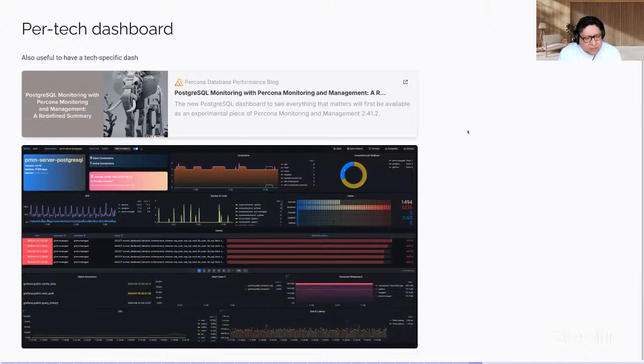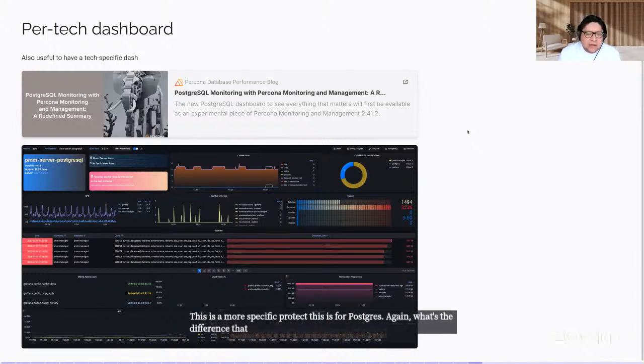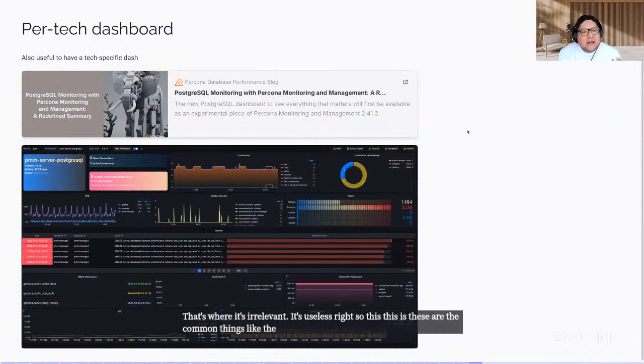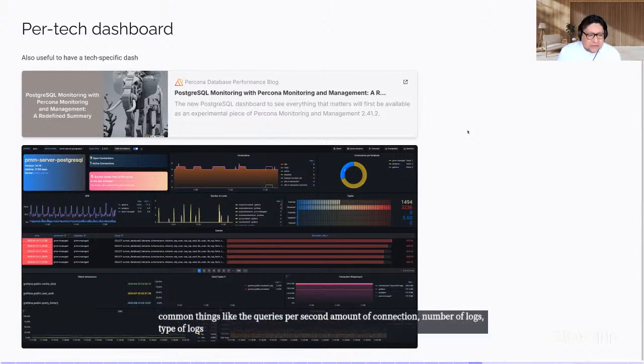This is a more specific dashboard. This is for Postgres. Again, what's the difference? Having autovacuum information on my SQL dashboard is irrelevant, it's useless, right? So these are the common things like queries per second, amount of connections, number of logs, type of logs, and vacuum.